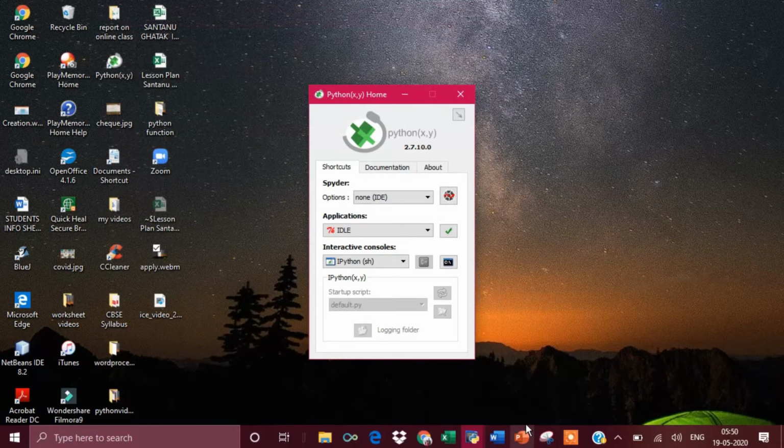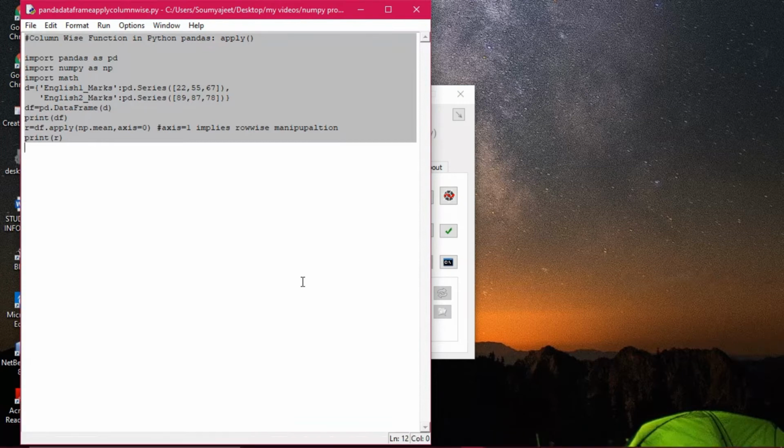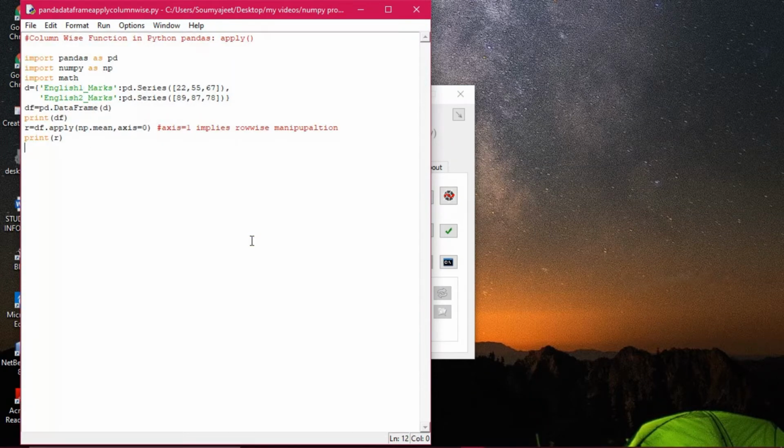So next we will do the column wise manipulation. Let's see the program once, so you will understand, I think. This is the column wise manipulation. So not much change. This is the advantage of Python, that you can reuse the program for other things also. So axis 1, actually when I have given axis 0, sorry, it is written 1 by mistake, it will be axis 0. So whenever you are giving axis 0, that time it actually implies the column wise manipulation. The same argument has been passed.